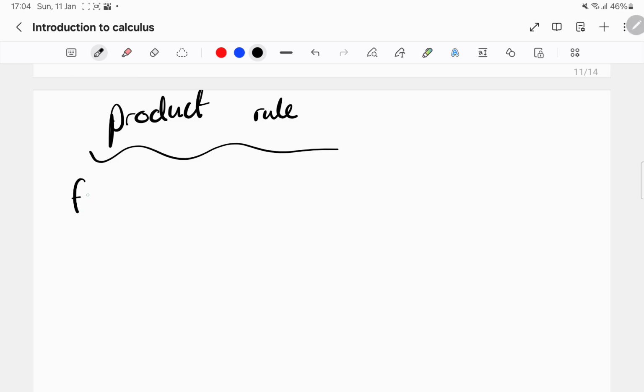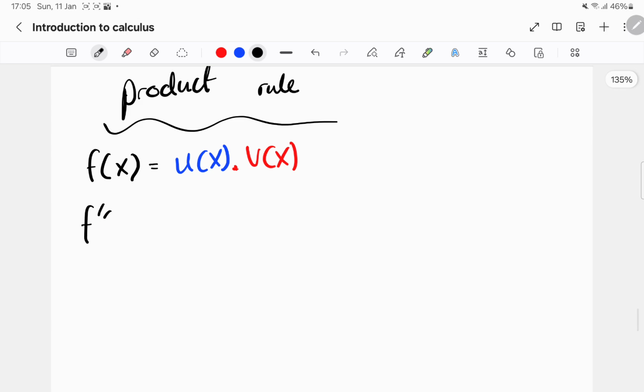Let's say, for example, you have a function f of x which is made up of two functions multiplied by each other. So we'll have u of x multiplied by v of x. In this case, f prime of x, the derivative of f of x, would be equal to u prime of x